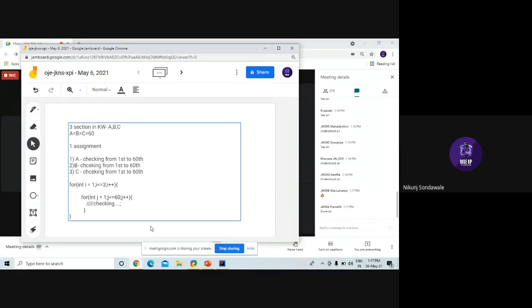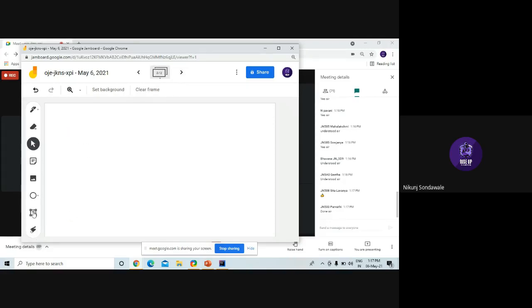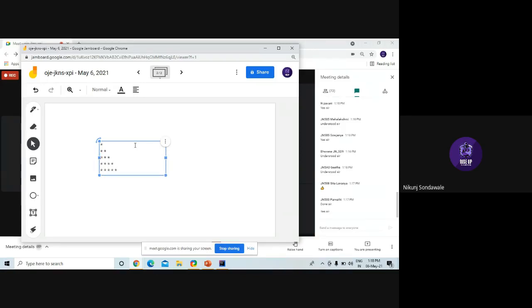Okay, done. So let's take one simple program for nested for loop. Do you guys remember this pattern? One asterisk, 2 asterisks, 3 asterisks, 4, then 5 asterisks.